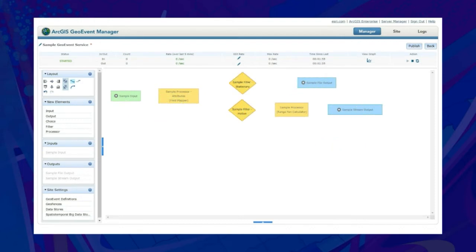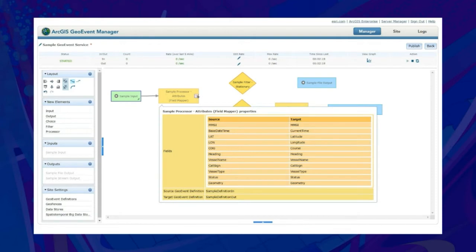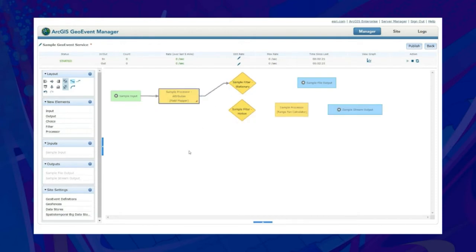In the interest of time, suppose that I have configured a couple new processors and a couple of new filters. Hovering near the edge of any node allows me to click and drag a connecting line to define how event records should flow. Once we connect all these components of our GeoEvent service together, we can then publish and start our GeoEvent service. Now, before we take this step, it is important to note that the successful operation of a